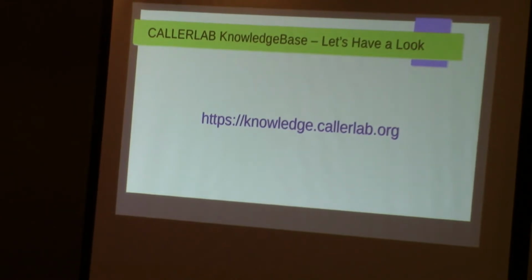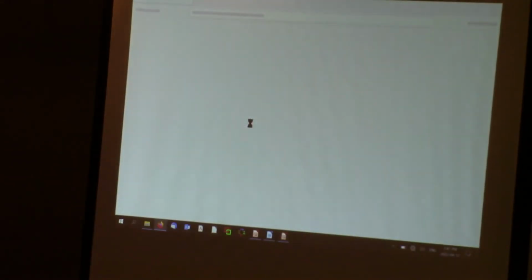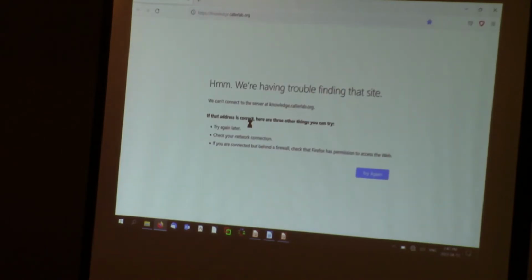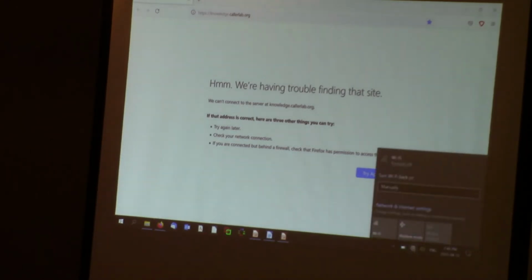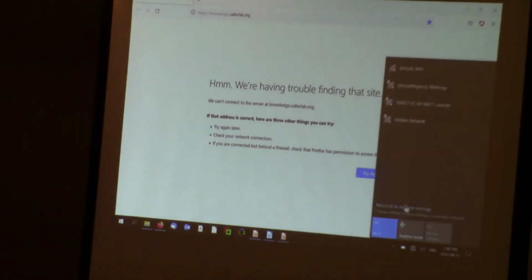Okay, so let's have a look at what the knowledge base actually looks like. There we go. Hopefully this will work. Actually, it would have worked better if I had connected to the internet. I knew I was getting something when I was setting up. You probably did, and it just kicked you off. That's what it does to me. Is it going to make me put the password in again? Should. Ta-da!